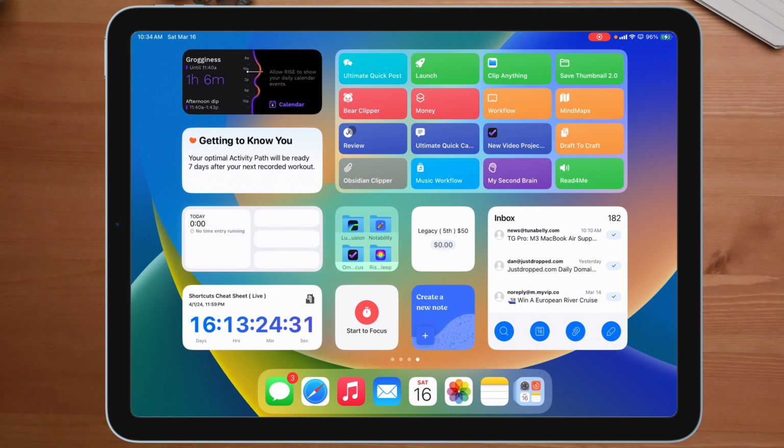I'm not going to wiggle this around or anything like that because again, I don't want it to glitch out. But at the end of the video, I'll do it just so you can see what I'm talking about. But now that we have my home page set up just the way I want it, now it's time for